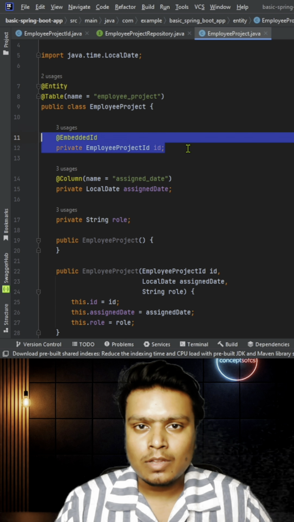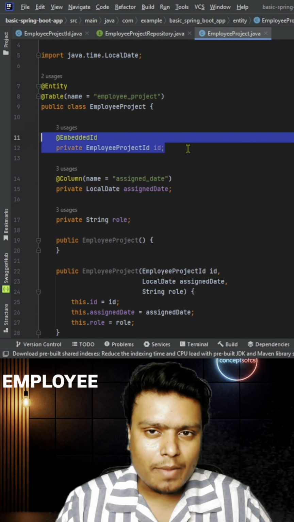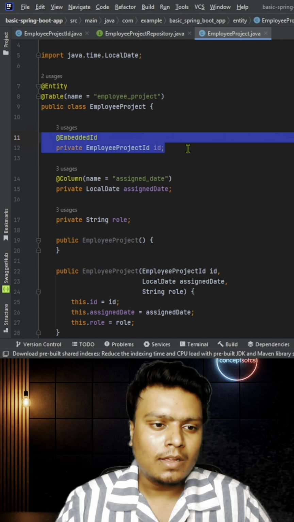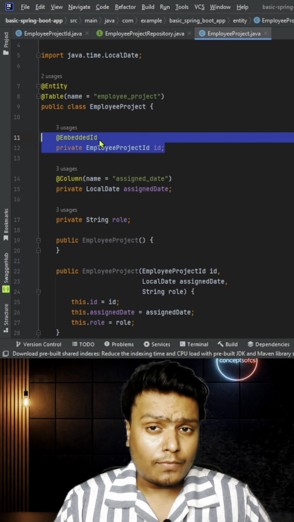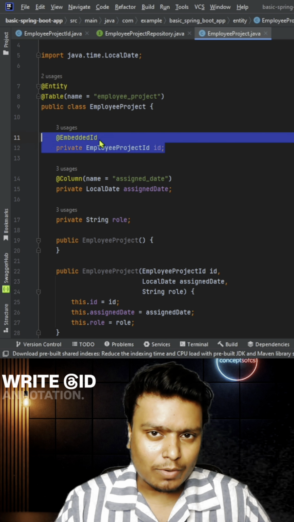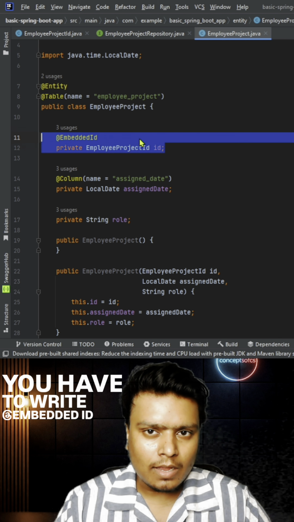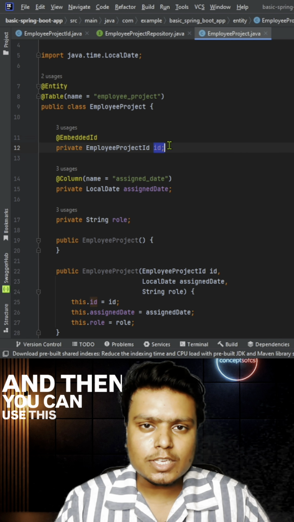a primary key. So if you see, this is my employee project entity class where I have embedded employee project ID field, right? So earlier for non-composite primary keys, we used to write @Id annotation. But for composite primary keys, you have to write @EmbeddedId annotation, and then you can use this particular ID